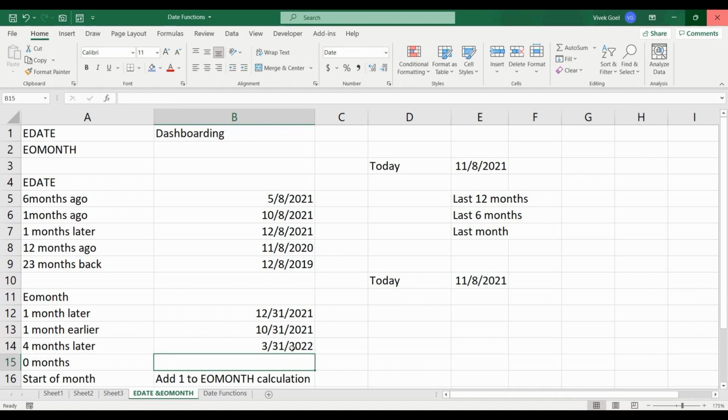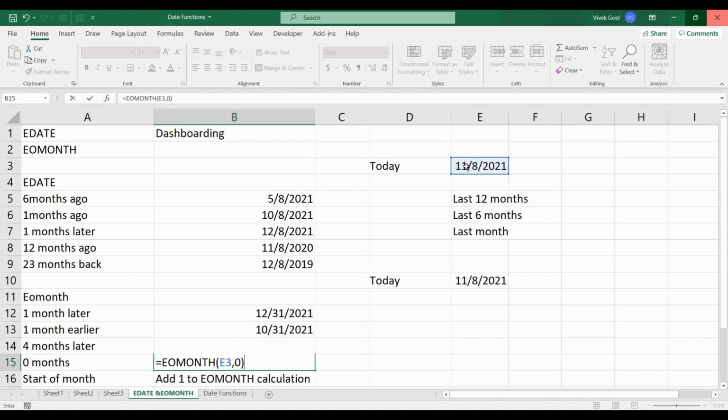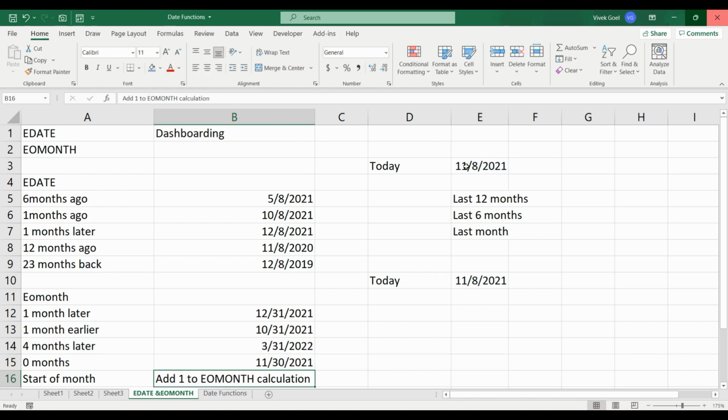If we add 0 months, it will give the last date of the month of the mentioned date, which in our case would be 30th November 2021. So you see how effective EOMONTH is in calculating the last day of the month for any given date.